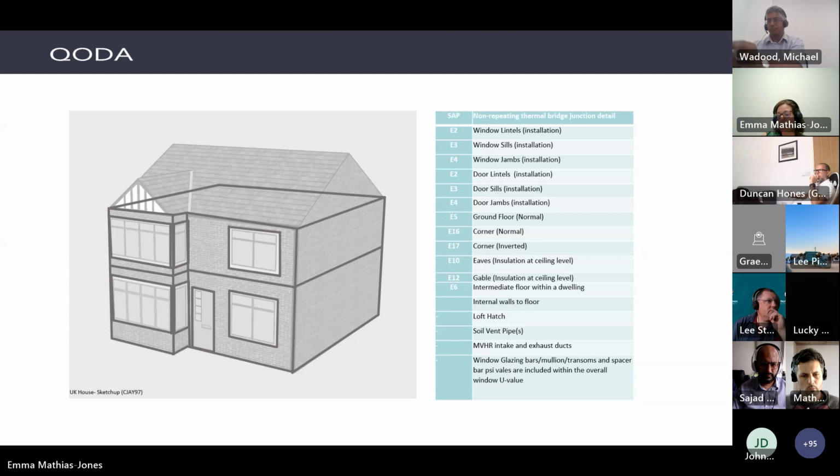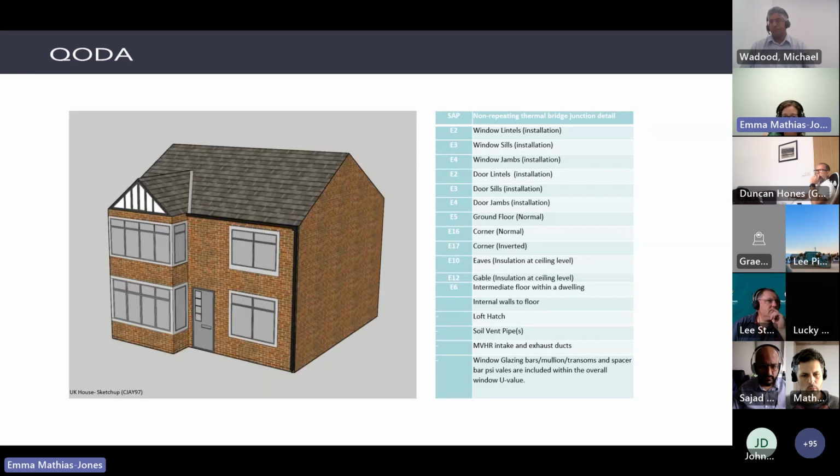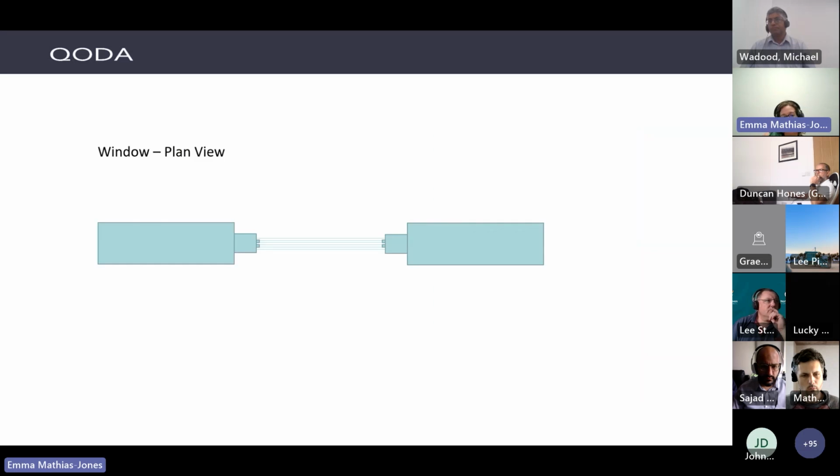But yeah, the thermal bridges that we just talked about there for your windows and your doors are your window installation thermal bridges. So windows, obviously, you've got glass and frames, so they're a little bit more complicated. So if we just delve into those a bit more, this is a plan view of a window. So we've got our wall U value, which we've accounted for separately, but we've got our U value of